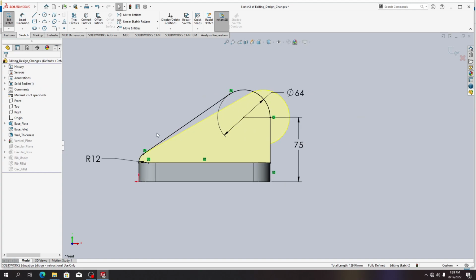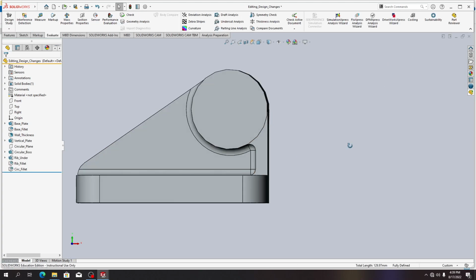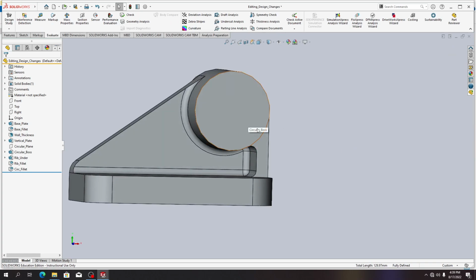Now, after that, since fully defined na ulit yung sketch, we could manually repair it as well by deleting yung conflicting dimensions. So anyway, that's pretty much it. Ito na yung circular boss. Okay? Now, doon sa rib under sketch, okay, nandun siya sa outer edge ng plate. Okay? However,